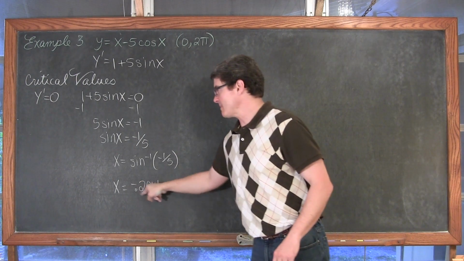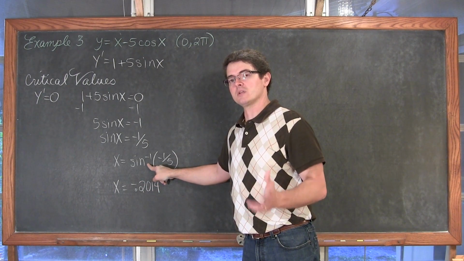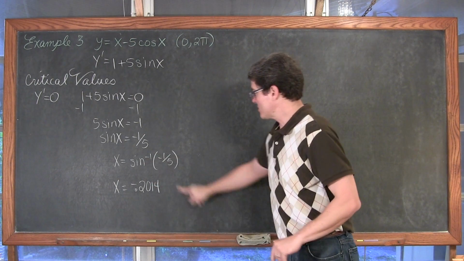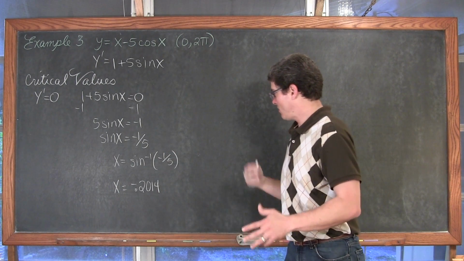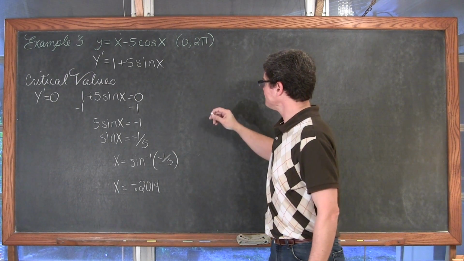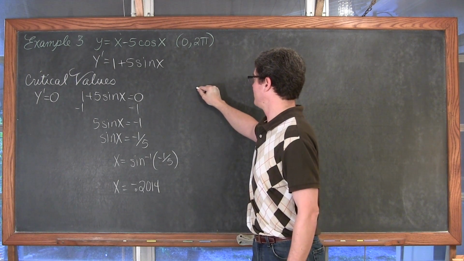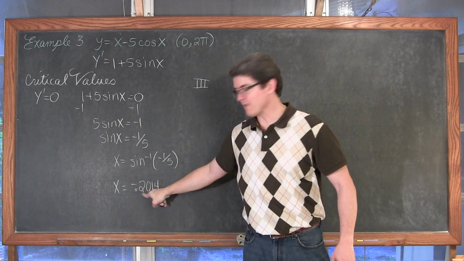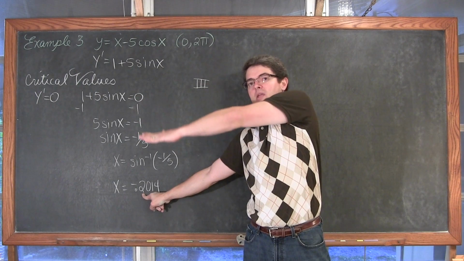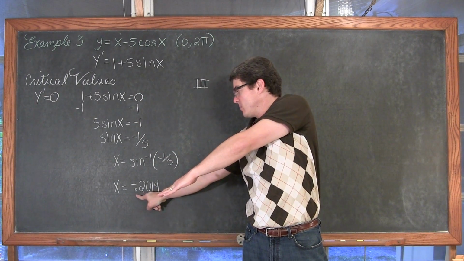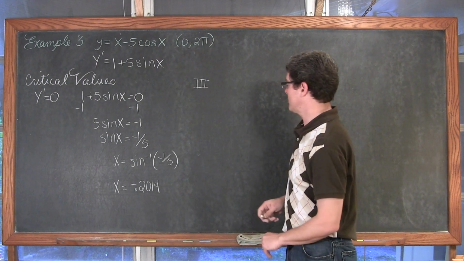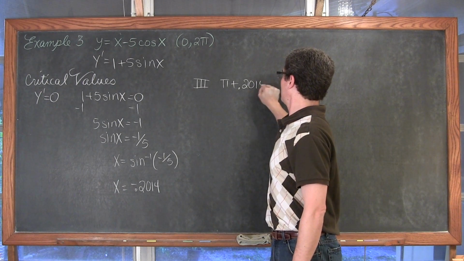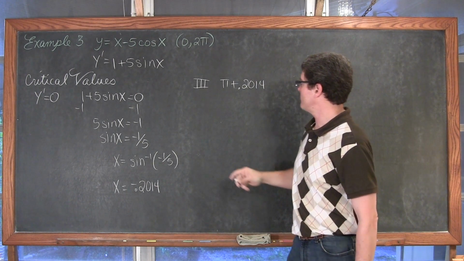So this is basically my reference angle. Don't forget, inverse sine from your calculator is going to give you answers between -pi/2 and +pi/2, or -90 to +90. So this is in quadrant 4, but it's not within our domain or our restricted intervals. I'll have to erase this board to finish the example. But for our quadrant 3 angle, this is my reference angle, right? So I want to rotate over to pi, and then keep rotating a little bit more, 0.2014 radians into quadrant 3. So I'm going to have pi plus 0.2014, and I'll write that answer down in a second off my paper.